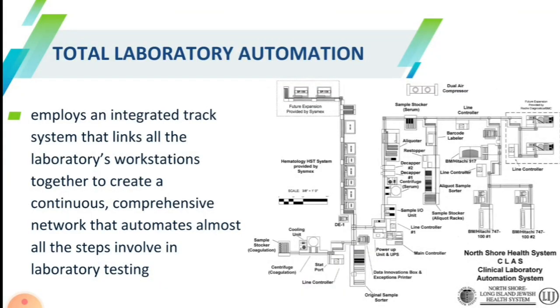So let's define first total laboratory automation. It is an automation system for the performance of highly repetitive tasks in the laboratory. It replaces human operators in the preparation and transport of specimens with robotic devices. Laboratory automation consolidates the control of multiple different analytical instruments to a smaller number of operators. This way, the automation reduces the cost in laboratory testing, as what we have presented on our screen.